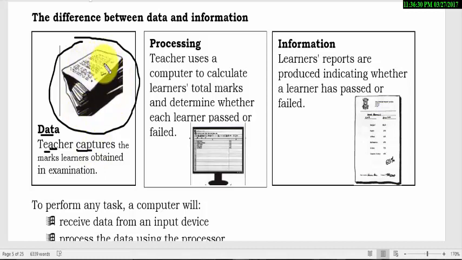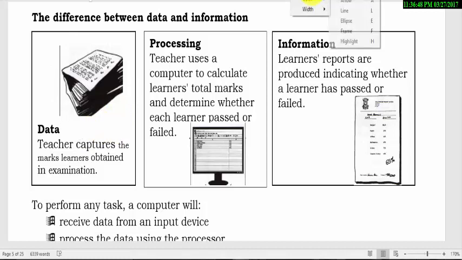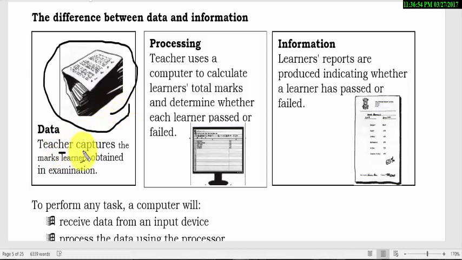This is where we say the teacher captures, by getting these papers. For example, the first paper is picked and entered in the computer. The second one is picked and entered in the computer. The third one is picked and entered in the computer. That is what we call to capture: the teacher picks up these papers one after another and enters that data into the computer. We see the papers, which are hard copy, where pupils wrote their tests, and the teacher enters the marks into the computer. What is being entered there is what we call data.